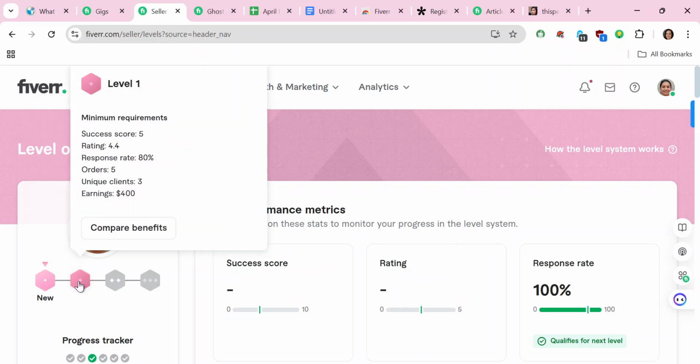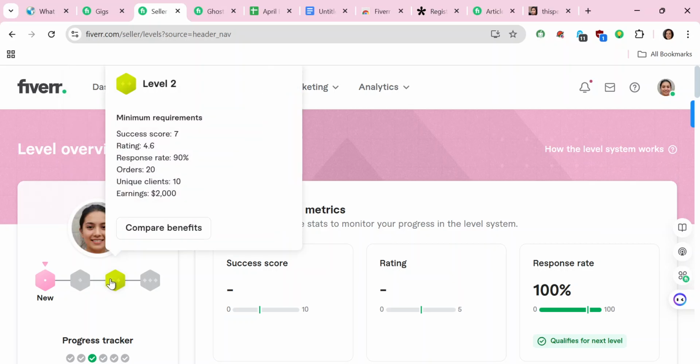Once you go to Level 1, these are the requirements: you should have a success score of 5, a rating of at least 4.4, a response rate of at least 80%. Others must be 5 minimum. And these are all the minimum benefits. The minimum requirement for Level 1 is that your earnings must be at least $400. And then for Level 2, you should have a success score of at least 7, a rating of at least 4.6, and a response rate of 90%,